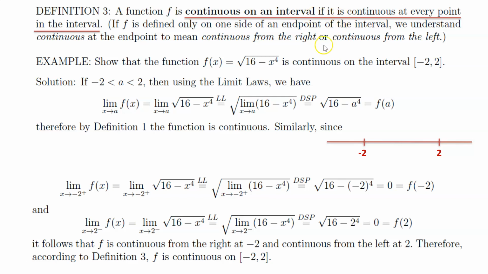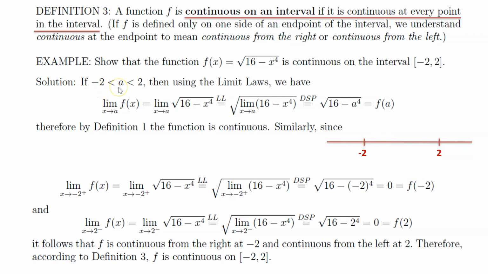dalam selang tu. Let's say you have this selang, this interval from negative 2 to 2. So, let's say in negative 1 or 0 or 1 or any points within this interval is also continuous. Okay. For example, show that the function f(x) equal to square root of 16 minus x to the power of 4 is continuous on the interval negative 2 to 2. Okay, so solution. So kita boleh kata this is the selang, this is the interval,